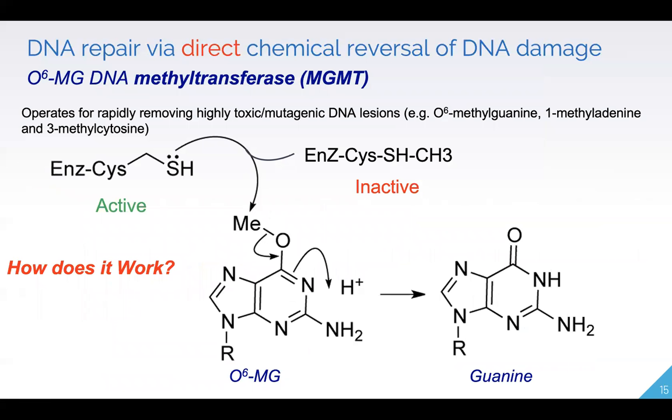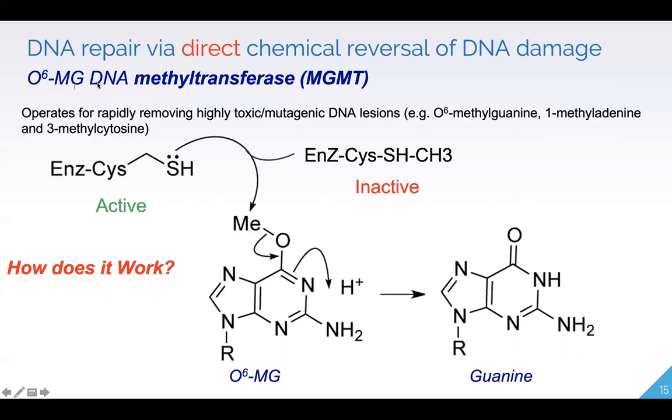Here's another example of this chemical reversal, a kind of fancy molecule, actually. It's a suicidal molecule. In this case, it recognizes O6-methylguanine. So here's a methylguanine, right? This is position 1, this is position 6. At position 6, you have an oxymethyl group. This is a lesion that can be induced by different alkylating agents. It's a highly toxic, highly mutagenic lesion, and the cells need to repair it. The way to do that is through utilizing this enzyme. It's called